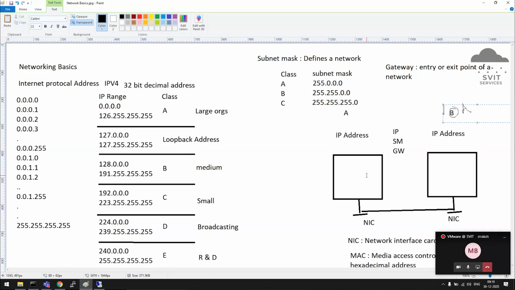So we should know our entry or exit point for our communication. If you know the main gate and how to enter into the classroom, you enter, then we communicate together. If you don't know, you will not be able to communicate. The same way, gateway means the entry or exit point of a network communication.